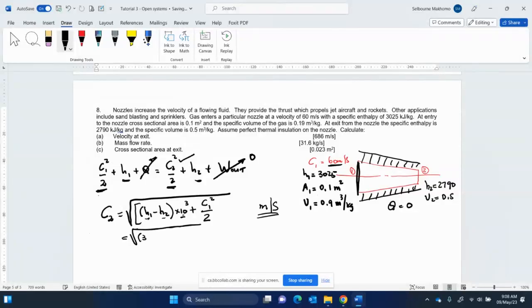You can just substitute 3025 minus 2790 by 10 to the power 3. I think for most of you, the problem is maths, how to get to where I am. It's always a problem. Multiply by 2. Multiply by 2. So the final answer here is